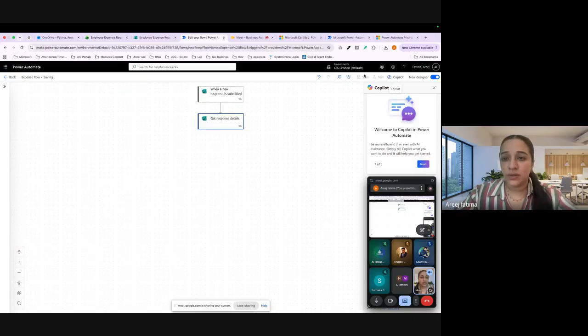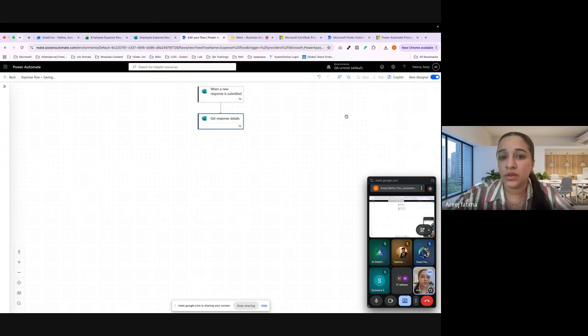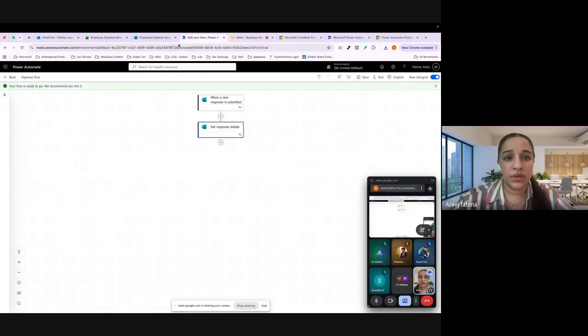Just save this. Okay, after the save, currently we just test these two activities, to see whether I'm going to get any output or not. Okay, it's saved now.